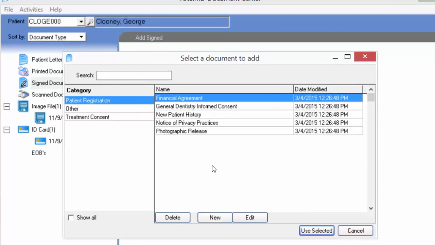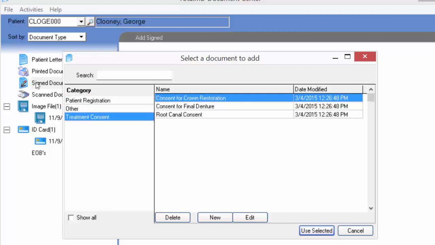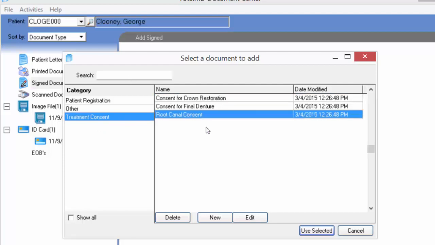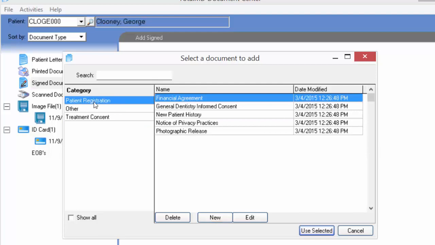Keep in mind you can create your own new documents or edit these documents if there's some data you'd like to change on them. We do have a couple different categories here on the left-hand side, and you can of course create new categories for yourself if you'd like, simply by right-clicking in this space and clicking New Category. And then once you have the category selected, you would click New if you want to create a new document under that category. I am going to go ahead and show you the patient registration category and the financial agreement